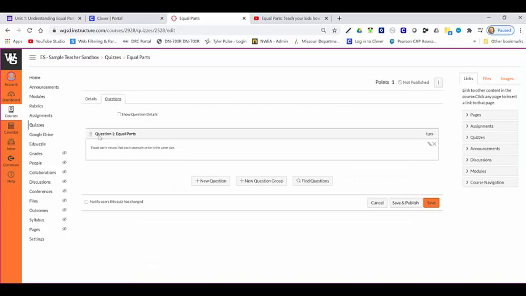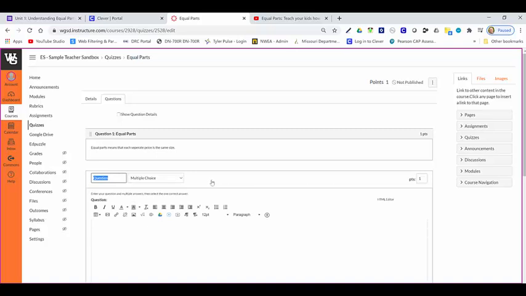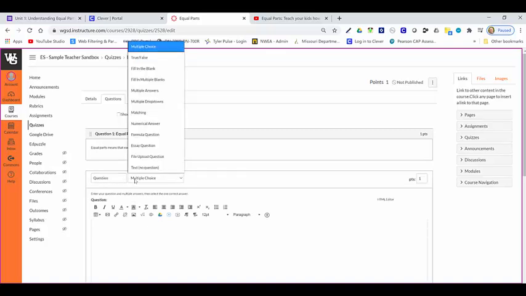To my types of questions. You'll see here's that first question, and whenever I want to add a new question, I just click the new question button. I can give it a title, but the different choices that you have when you're creating quiz questions or test questions are multiple choice, true false, fill in the blank, fill in multiple blanks, multiple answers, which we would call multiple select, multiple drop-downs, matching, numerical answers, formula questions, essay questions,